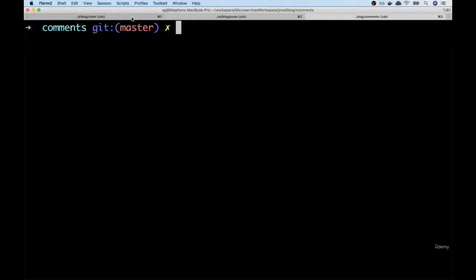What you'll probably see in the next video, I'll probably tile these windows so you can see all of them at the same time very easily. But I just want you to be aware that we're going to be working between multiple terminal windows quite a bit. And so it's really important for you to just be aware of what window we are in at any given time. Okay, so that's it for our